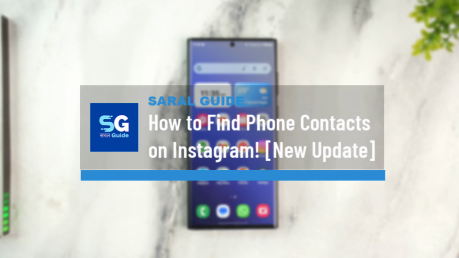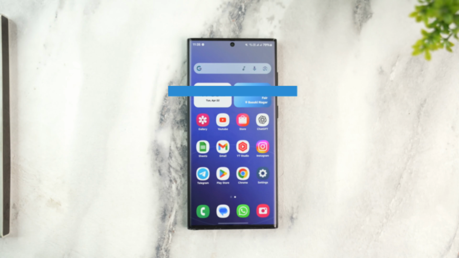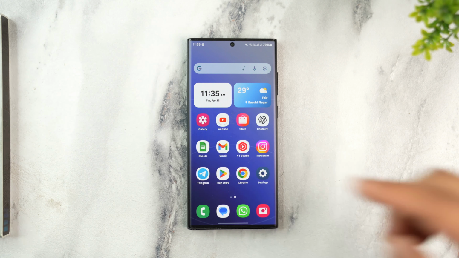How to find phone contacts on Instagram on the new update. If you want to find the phone contacts on Instagram from the new update, what you have to do is